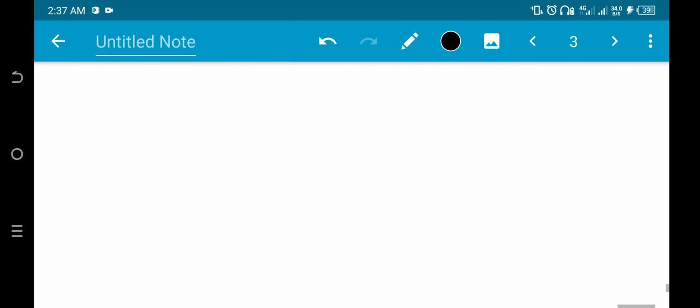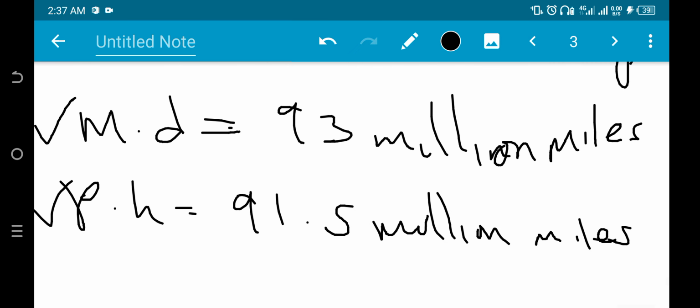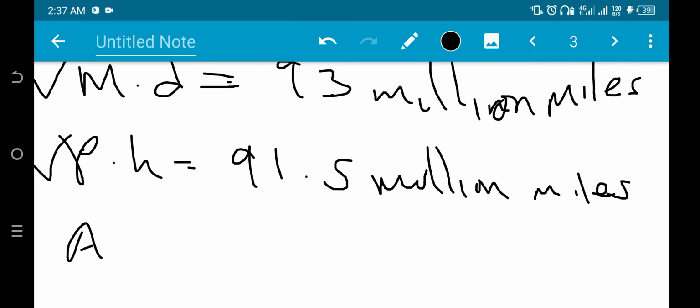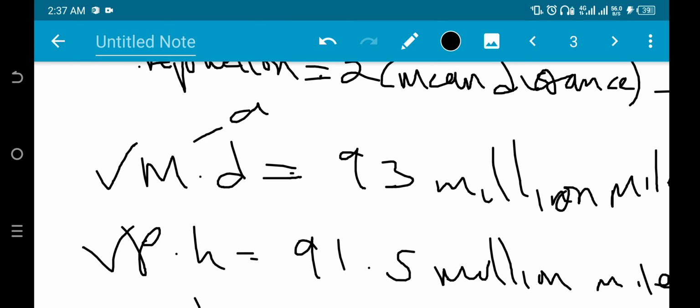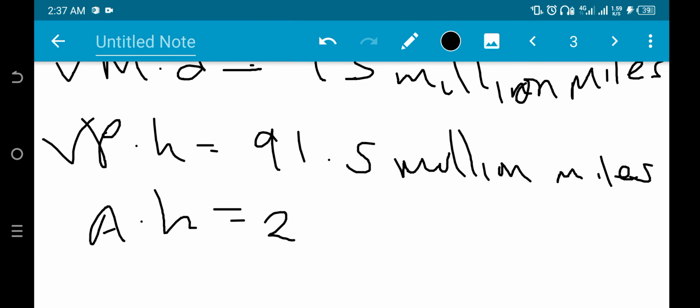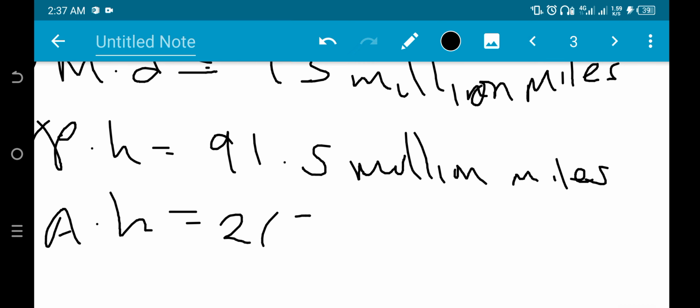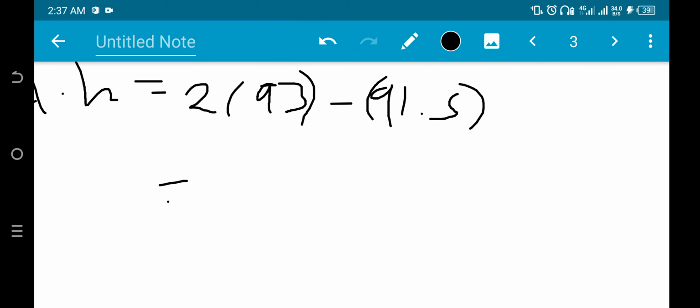So now, dear friends, if we are given the mean distance and perihelion, we need to find aphelion so that we'll find C, because we know that mean distance is the same as A. So aphelion is equal to 2 multiplied by mean distance, which is 93, then minus 91.5. Let's get our calculator. 2 times 93 minus 91.5 will give us 94.5